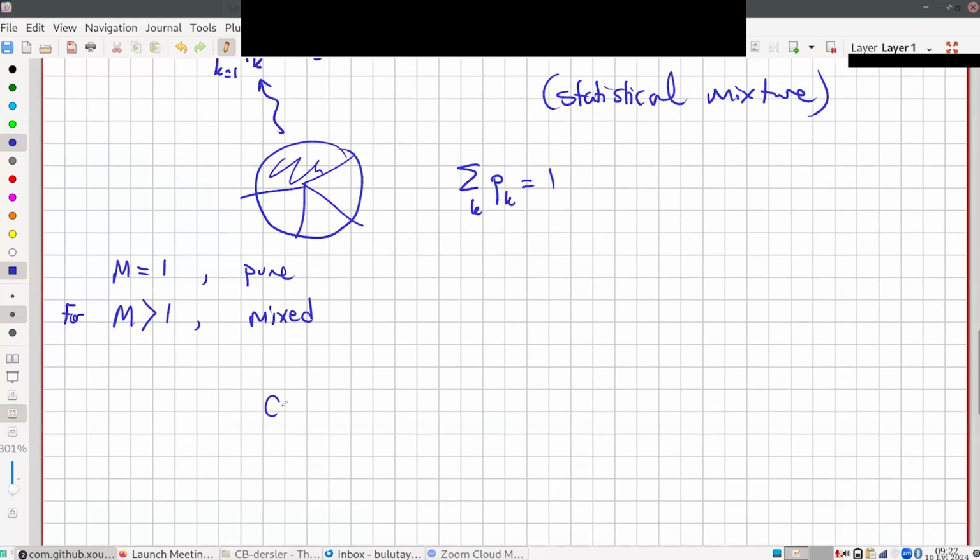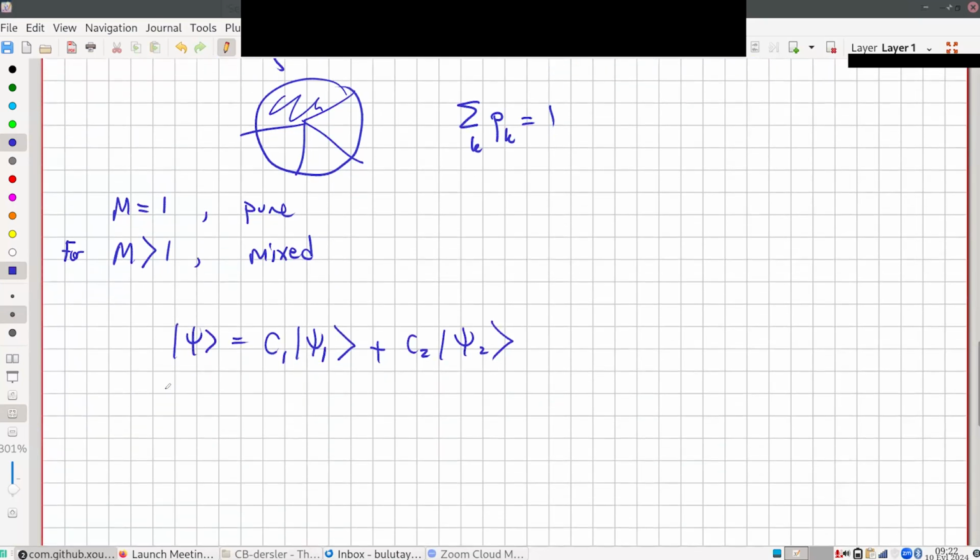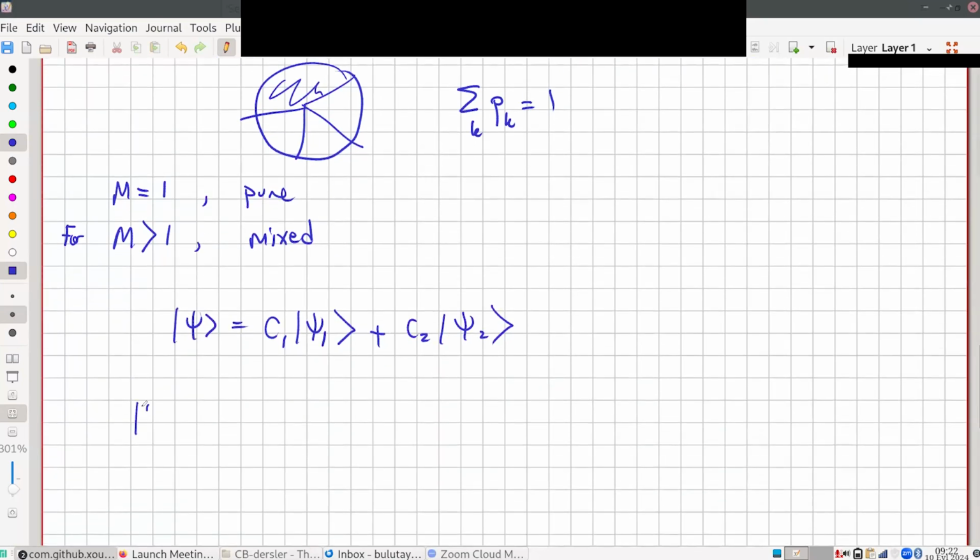So if I take C1 psi1 and C2 psi2, and I call this my state psi, which is a pure state still, and if I calculate its outer product, which is the density operator, then I will have cross terms. So let's also write the bra, which is C1 star, C2 star,